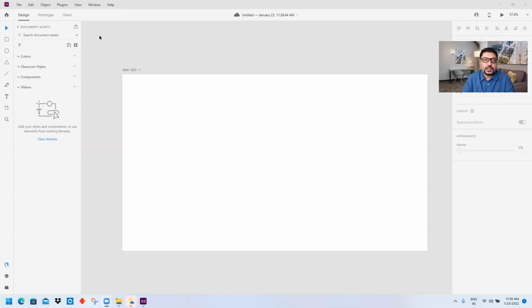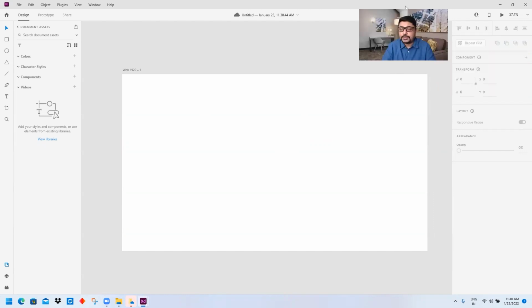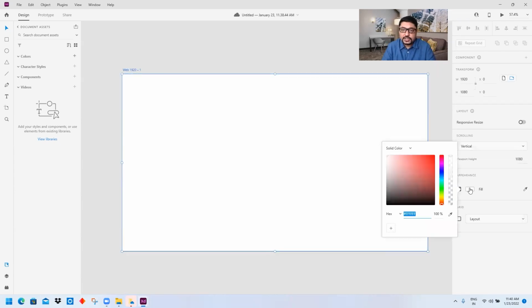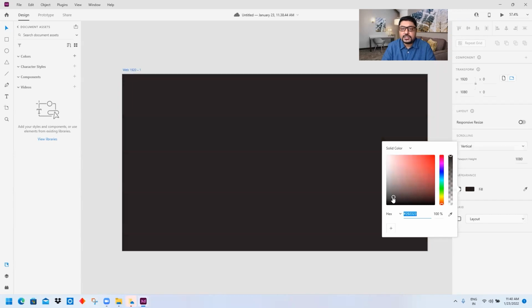So here we go. I have opened a blank new Adobe XD screen with my default 1920 by 1080 artboard over here. Fantastic. So now we are going to learn how to create a preloader. Okay, so what exactly do we need? I will try to create a very simple preloader so that it is more about learning rather than creating new innovative creative stuff. I will change the background color a bit so that we can see it very clearly.